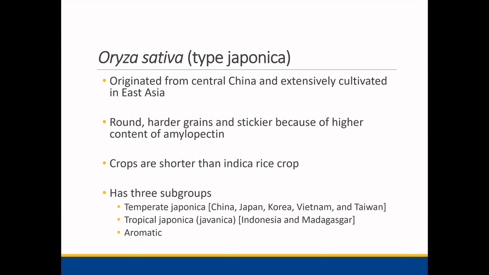So this one has three subgroups. Three subgroups you can find in this type. Again, the japonica type, you can find three subgroups. So the first one is the temperate one, temperate japonica. Temperate climate means, I hope you know, maybe you have studied in the principles of